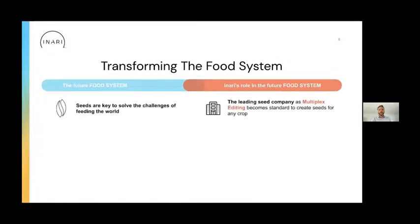Okay, so what do we do? Essentially we came to the observation when we started that there are some major challenges in terms of food supply, right? So growing population, increasing